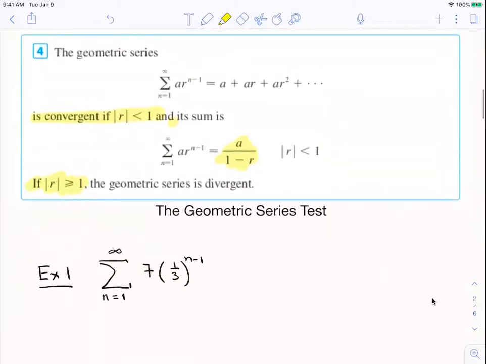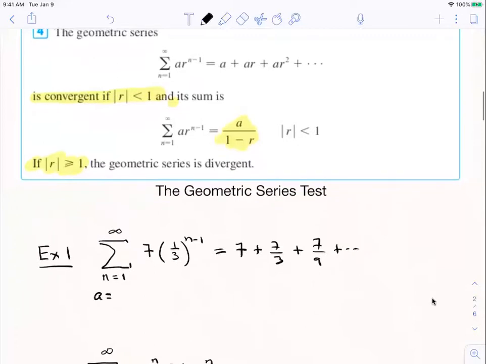I try to leave the test in view here. So here I've got a geometric series. Maybe you want to pause the video for a second and answer these questions before I write them. But can you see what my a is? If we wrote out some terms, when n is 1, n minus 1 is 0. So this series starts off 7. And then it would be 7 over 3. And then it would be 7 over 9, and so on. So what is the a? The a is 7. The r is 1/3,